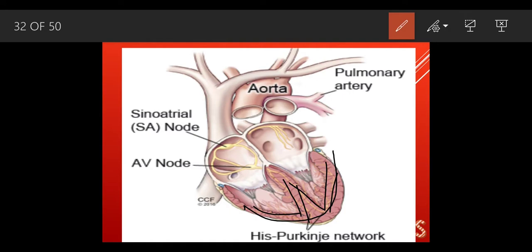This helps to control it. If your heartbeats are too fast, how to make it normal? The pacemaker comes into action. If your heartbeats are too slow, then again how to regulate into the normal heartbeat? So again the pacemaker is going to work, okay. In old age, people's pacemaker gets faulty, so you don't have to worry about this part. There are artificial pacemakers which are fixed into the heart of such a person, so that heartbeats keep on regulating, and it can produce the throbbing effect of the heart.